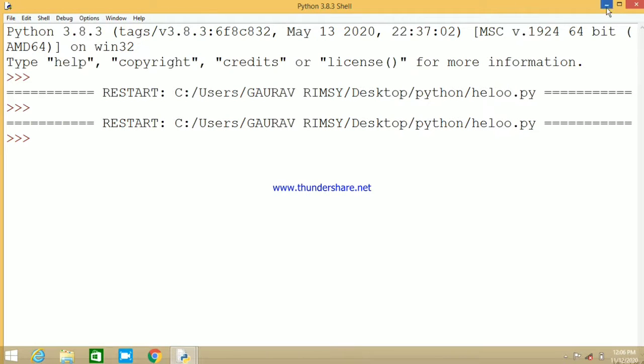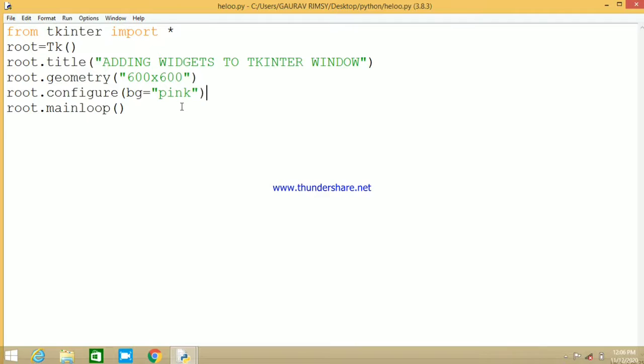The first widget that I am telling you is label. How can we add a label to the Tkinter window? What basically is a label? Label is a widget in Python Tkinter that is used to provide a single line caption for other widgets. It can also contain images as well.